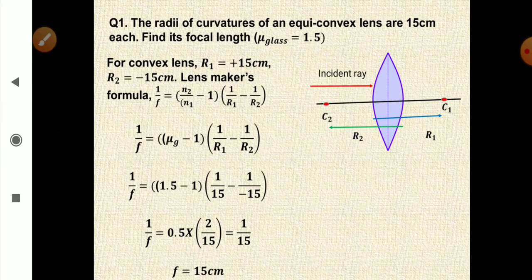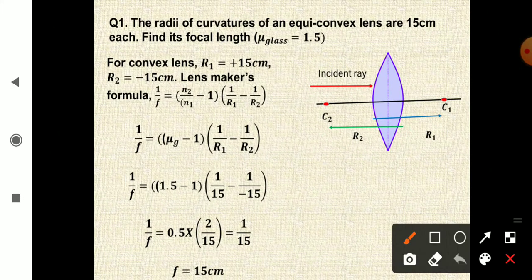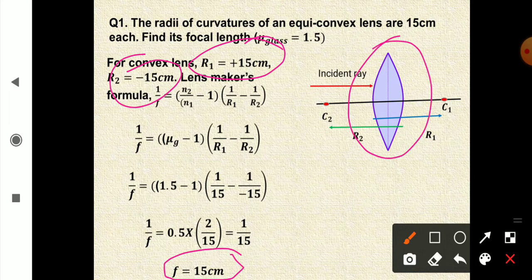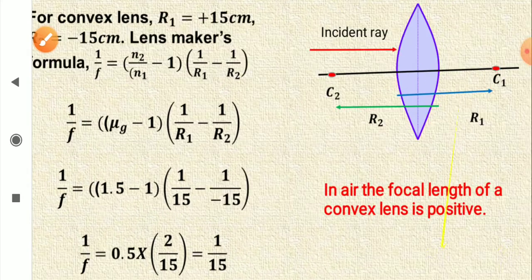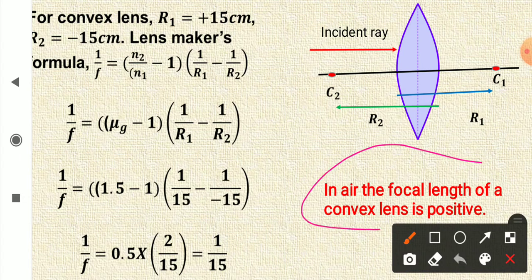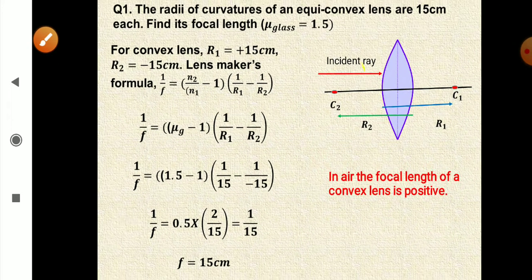So here what is really important is to understand the signs of R1 and R2, and from here it is very clear that the focal length of a convex lens in air will always be positive. So in air the focal length of a convex lens is positive. And now,